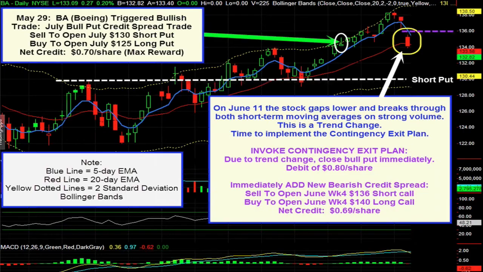So here's what we're going to do. On June 11th, we know the stock gaps lower. That's the text in blue. The purple text says we're going to invoke the contingency exit plan due to a trend change. And what does that even mean? Well, the stock gapped down on huge volume. It's now closing below 2 of the short-term moving averages. It gapped and finished at the lows. This is serious. We're not saying the stock's going to zero, but within the time frame of the options we're trading, the possibility of this stock rising